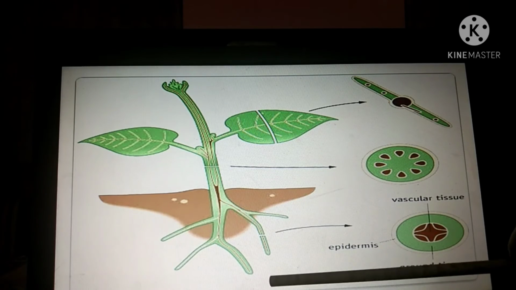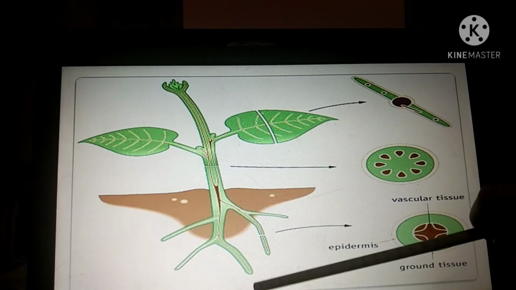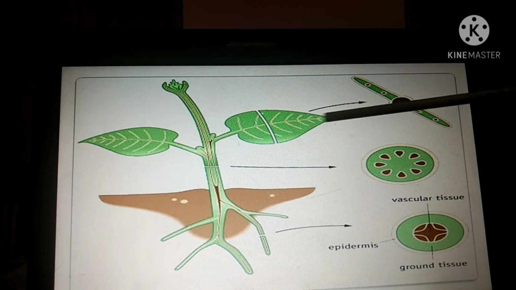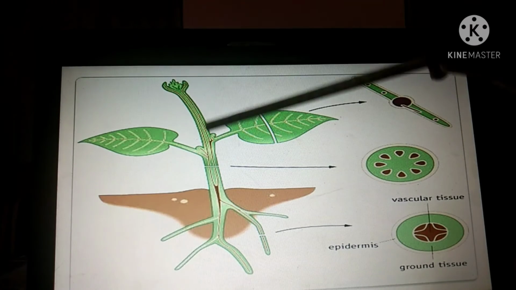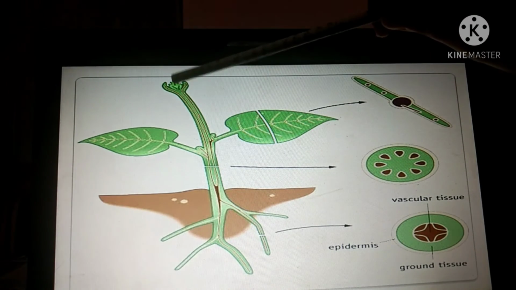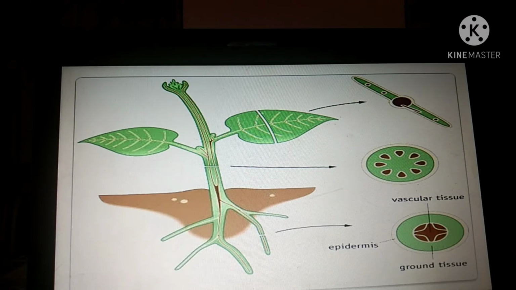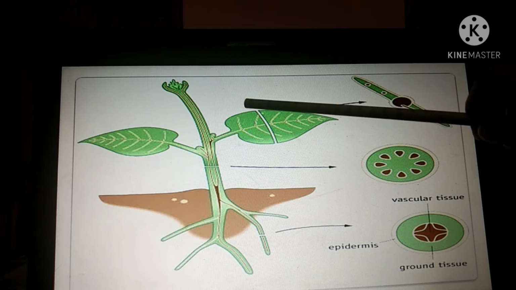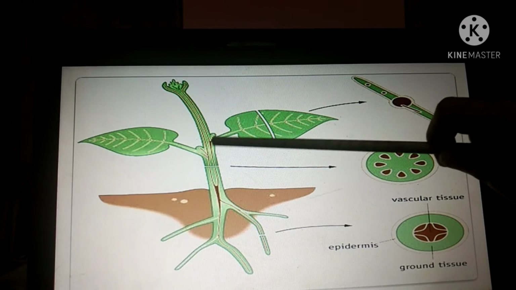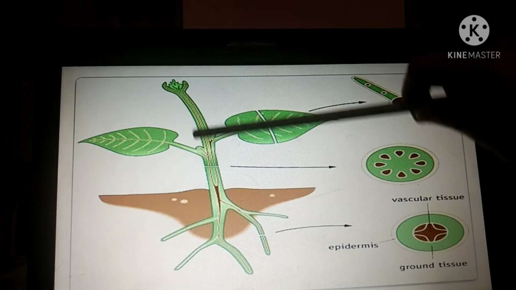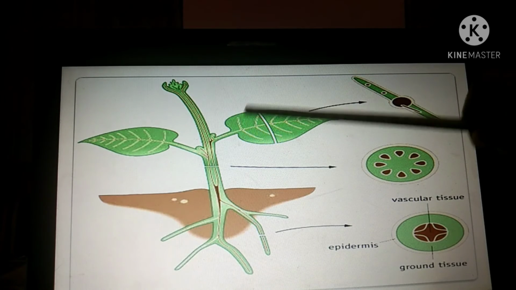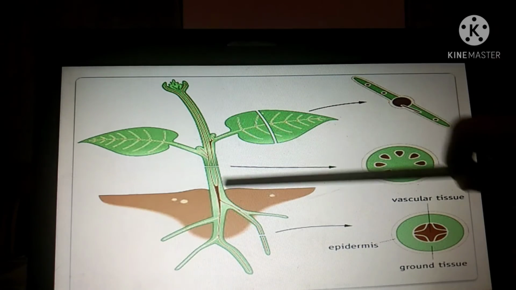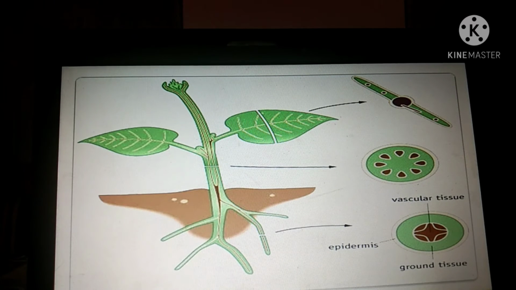So what will the xylem do? Xylem will be the pipe that you have from the roots, and it will go to the leaf. It will carry water and minerals. It will go to this leaf, to any other leaf present in the plant, and these small leaves too, right? So these are the xylem vessels. Now phloem vessels will start from the leaf here. Where will they go? They will go to the roots, to the stem, to the other leaf. Everywhere. What will the phloem do? Whatever food is made in the leaf will go to each and every part of the plant with the help of phloem.